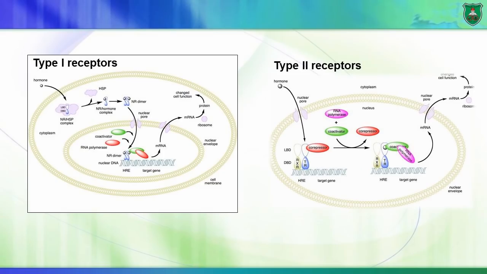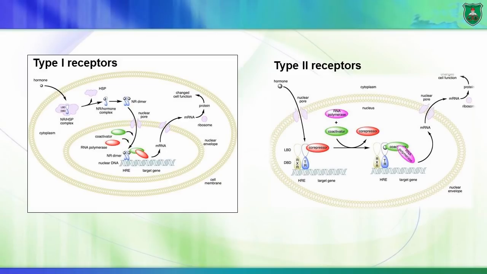So again, just to summarize, we have two types of receptors, type 1 receptors and type 2 receptors. Type 1 receptors are cytosolic and they are bound to heat shock proteins. When the hormone goes in, the heat shock protein is released. The hormone binds to the receptor. You have dimerization, and the dimer goes into the nucleus. It binds to certain elements of the DNA in association with co-activators or co-repressors, it depends, and you have regulation